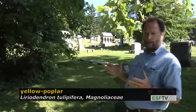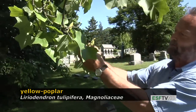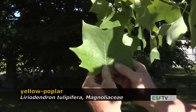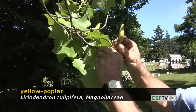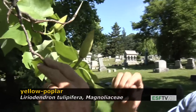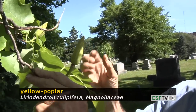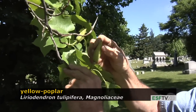It's called tulip tree or tulip poplar, or the scientific name is tulipifera because the leaves have the appearance of a tulip. But that's not the only reason it's called that. It's also called tulip tree or tulip poplar because the flowers, which open up in early June, look just like a tulip. They're beautiful. They have an orange inside, and when they're pollinated by bees, they form an aggregate of